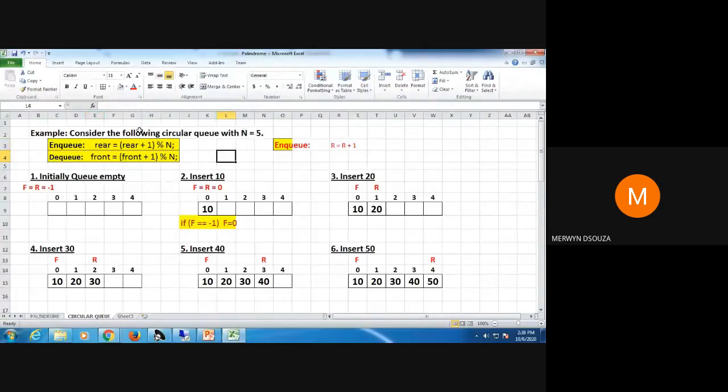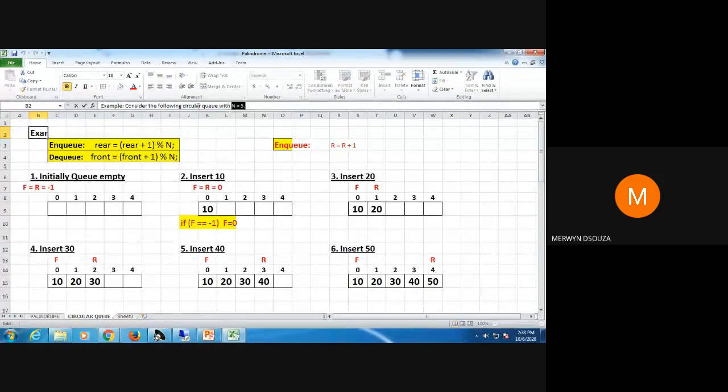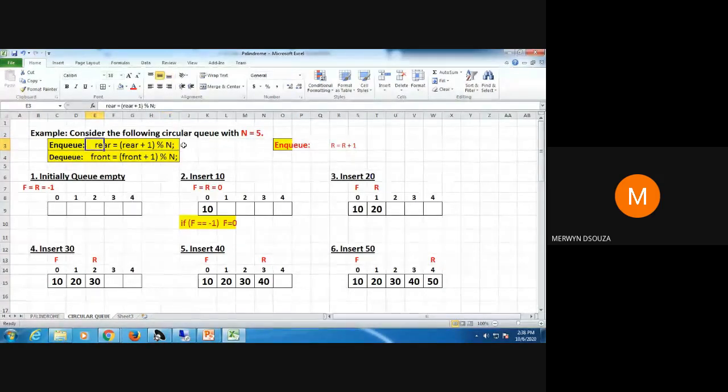In this example, I've taken the size of the queue as n equal to 5. Similarly, when I do dequeue, I increment the front variable by 1 and take the modulus by the size of the queue.